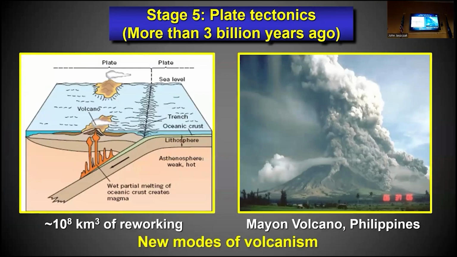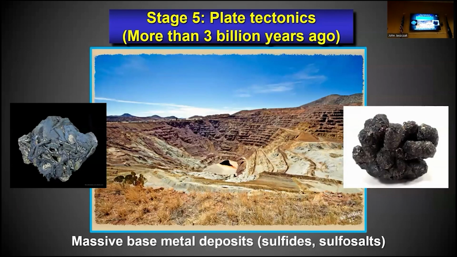But we do even more on Earth. We have plate tectonics. And that means you're recycling fluid rock interactions of not only the crust, but also the upper mantle, many, many millions of cubic kilometers of rock that's reworked. The fluids circulate, they concentrate elements, new kinds of magmas come up, new kinds of volcanoes form. You have ore deposits, these massive base metal deposits with sulfides, hundreds of salt-basalt minerals that never would have occurred